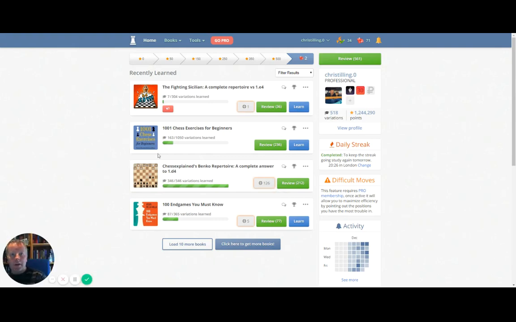But now this is the thing. If I come back to this tomorrow, I may remember that variation, but if I leave it another day, I probably won't. It won't stick in my long-term memory. So it prompts you to review what you've learned at regular intervals. And so I've completed this book.